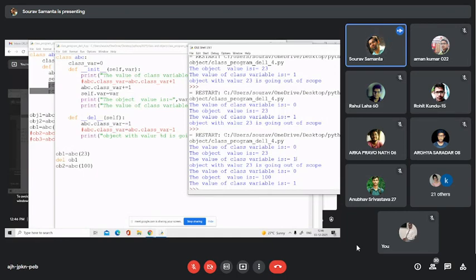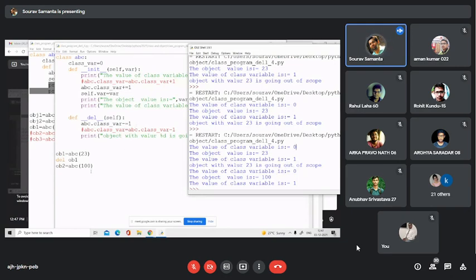Now I have executed the line del OB1, so the object with value 23 is going out of scope. The value of the class variable is 0 because of this decrement operation. Clear?